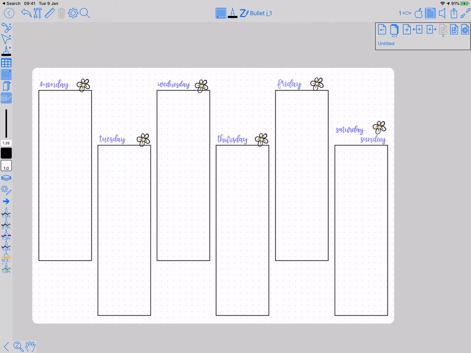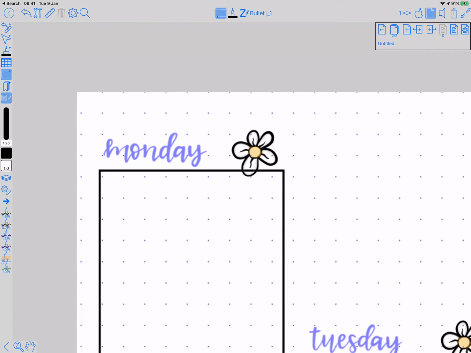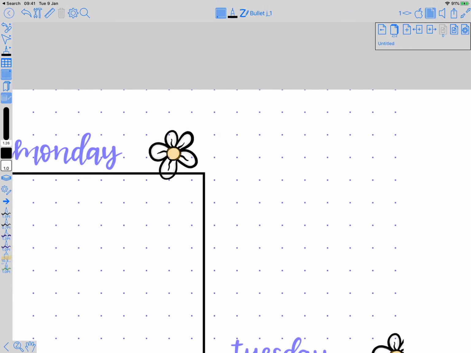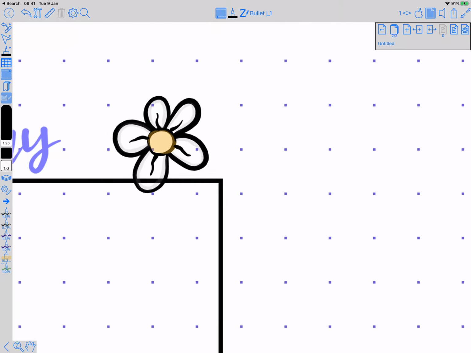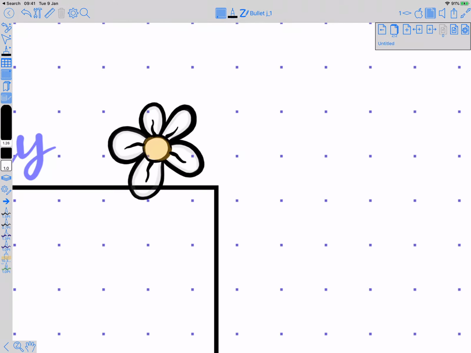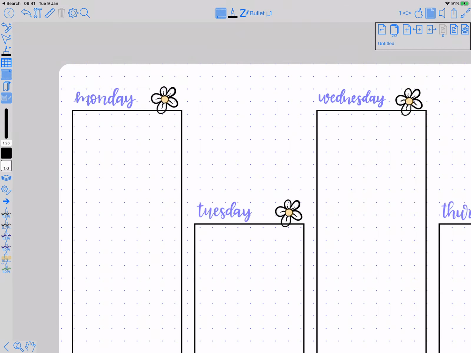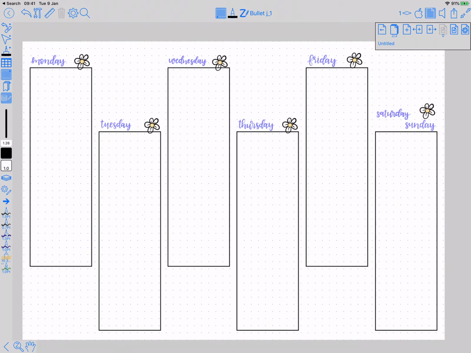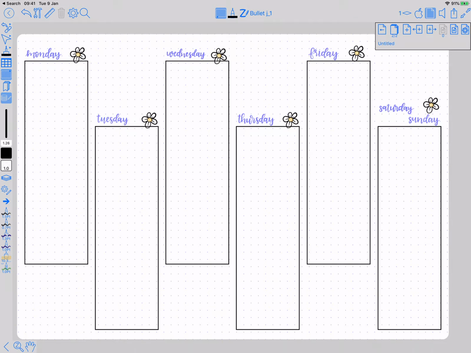So it's 6 rectangles, some brush strokes for the days of the week, and a little emblem flower, which is just brush strokes with a bit of watercolour around them. I did one and then copy and pasted it and perhaps rotated a bit. No, not even. So that's something you might reuse just by putting the day's date in the top corner, something like that, once